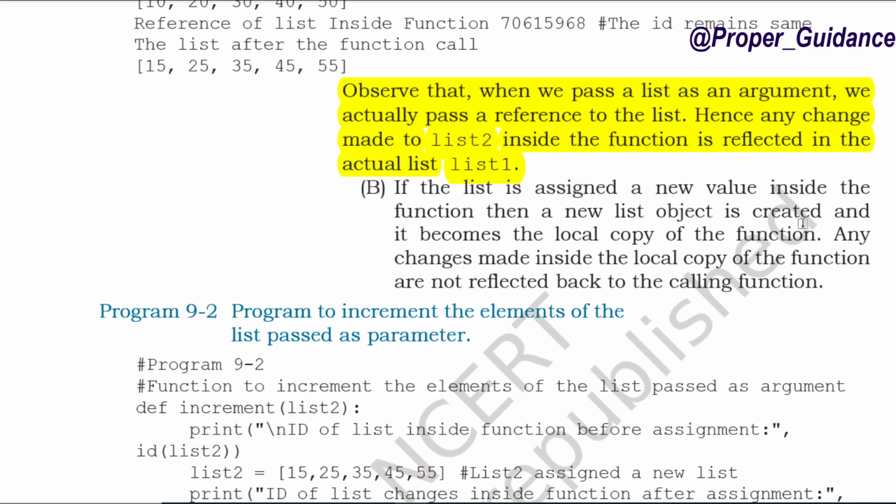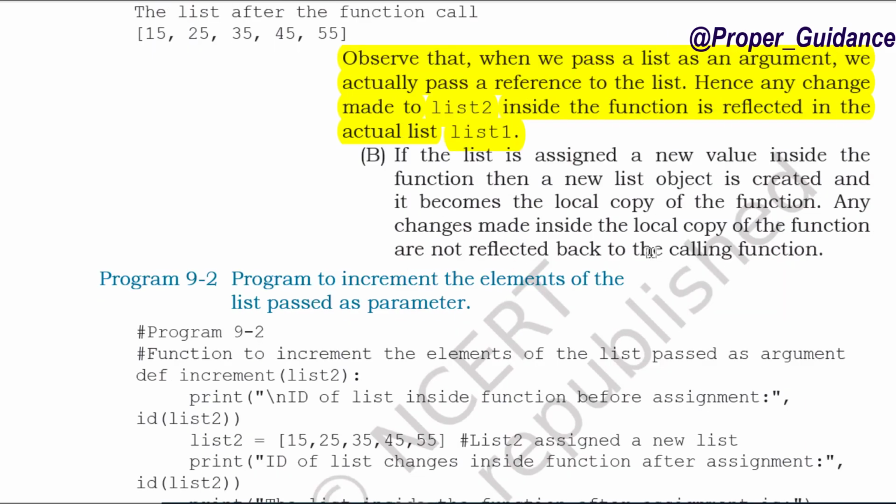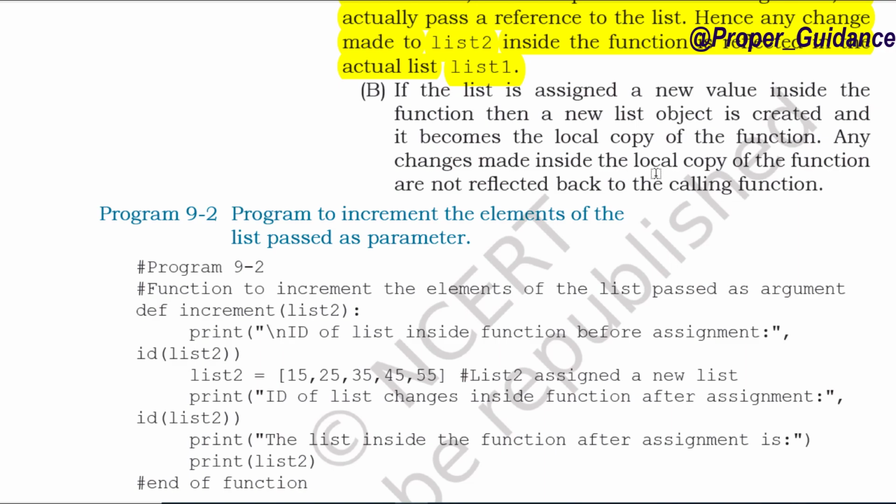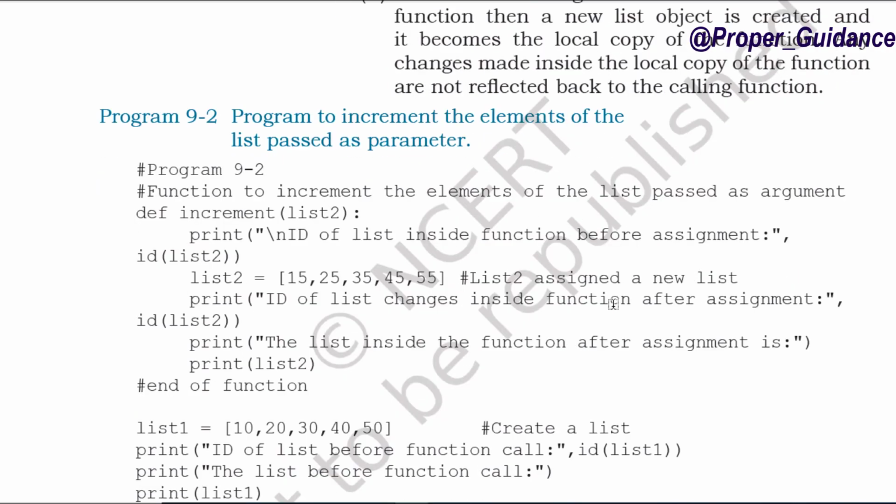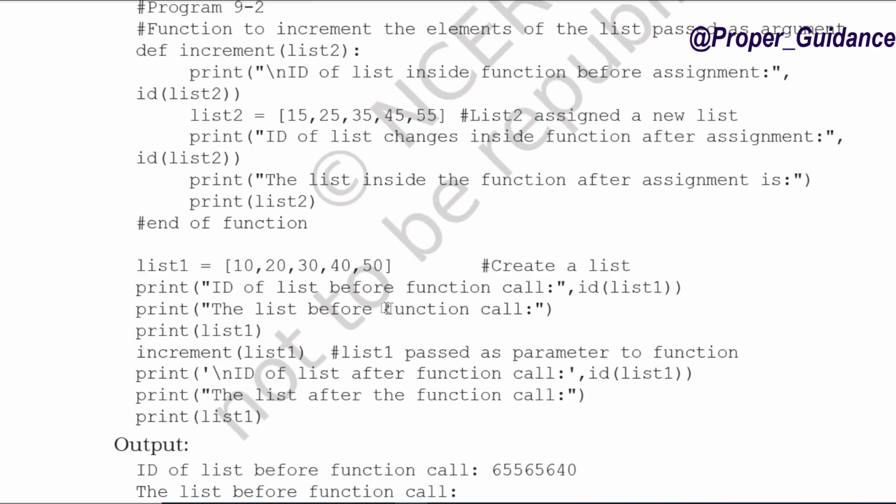If the list is assigned a new value inside the function, then a new list object is created and it becomes the local copy of the function. Any changes made inside the local copy of the function are not reflected back to the calling function. Clear? Okay. Here is another different program to increment the elements of the list passed as parameters. Please go through